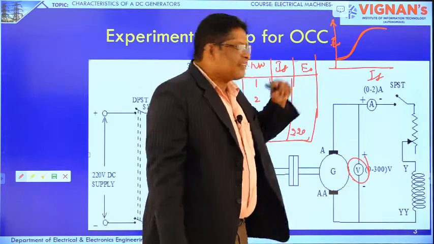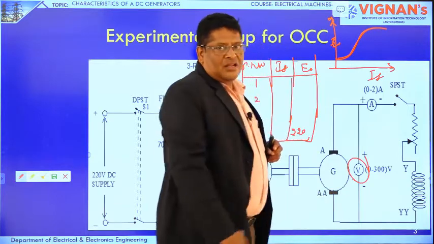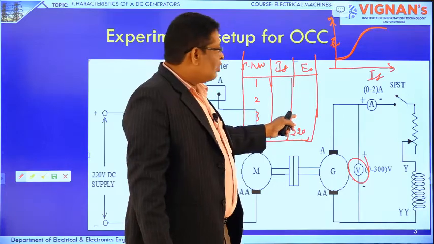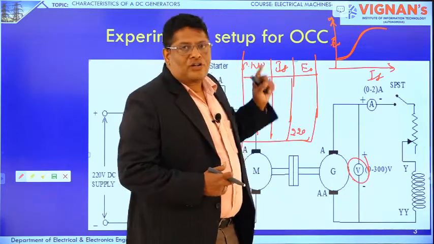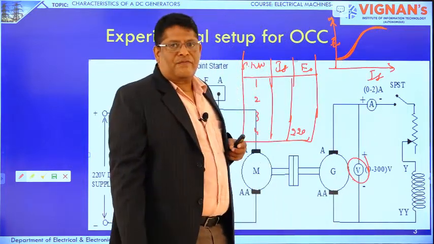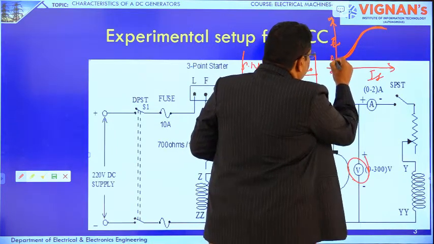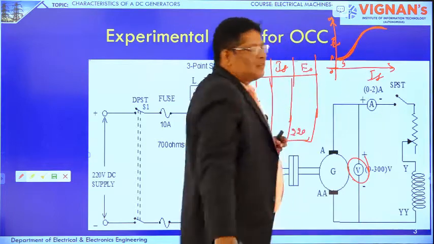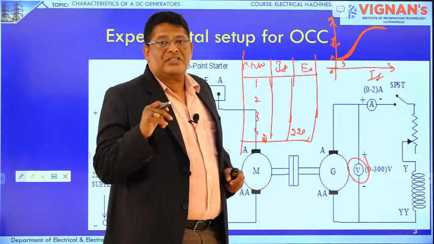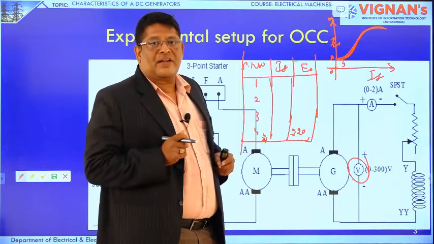This is the x-axis and this is the y-axis. For every value of field current, there is a corresponding voltage. If you join all the points, we get this type of graph. This is the origin, and this is A. What is this voltage? The field current is 0, yet there is some amount of voltage in the generator. That is only because of the residual flux.